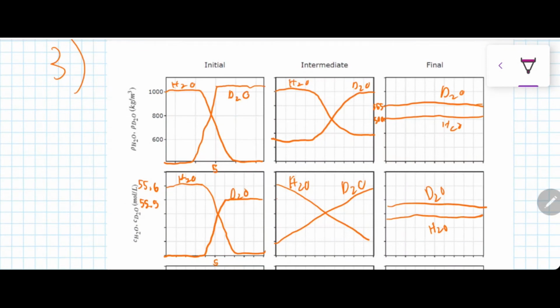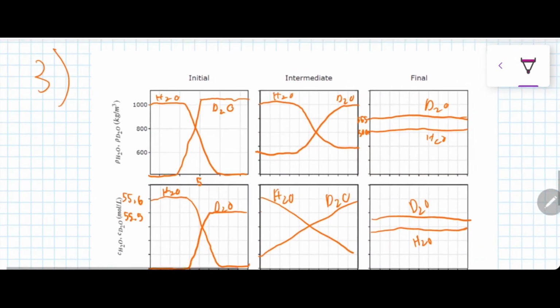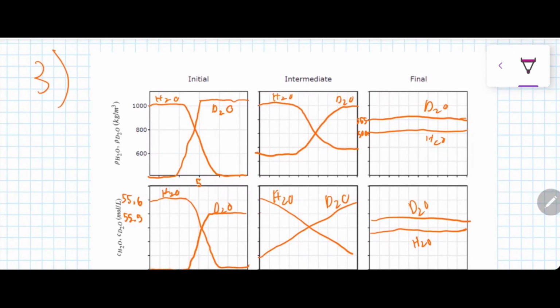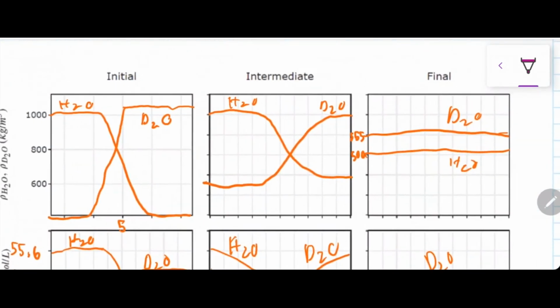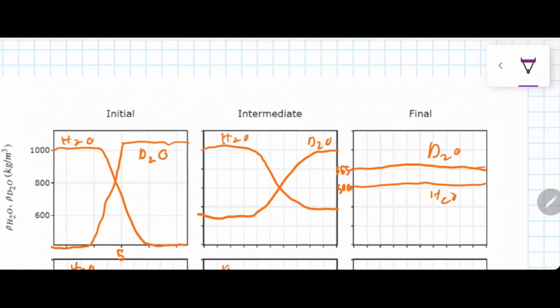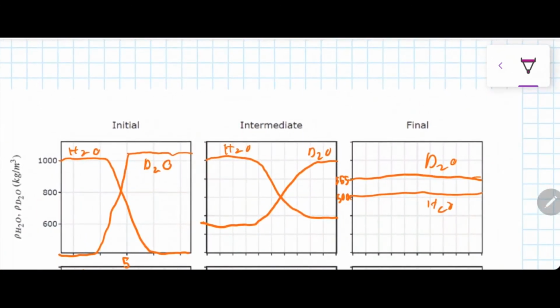Okay, so for our last question, we need to plot out what's happening throughout the times. So I'm going to start here with this first row. I'm going to take it row by row. So the first one is to plot the densities for heavy water and water on the axis of the density versus distance. So here at the initial time,